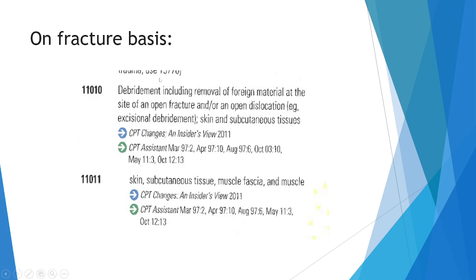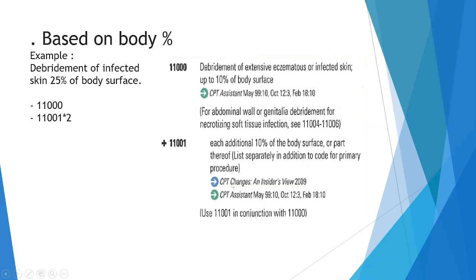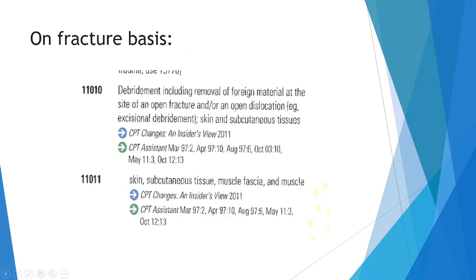Now, based on fracture: for an open fracture, if only debridement is done, that includes the removal of foreign material. For an open fracture or open dislocation, debridement of skin, subcutaneous tissue, muscle, and fascia, there is a code 11012 for the bone level. So if there is a fracture and debridement is done, then we will take this code based on fracture basis. But the most important is based on size. We have to understand that. So this is all and whole of the